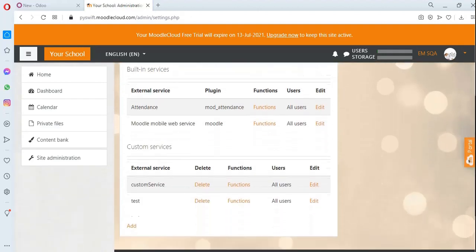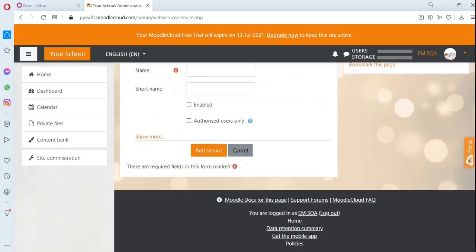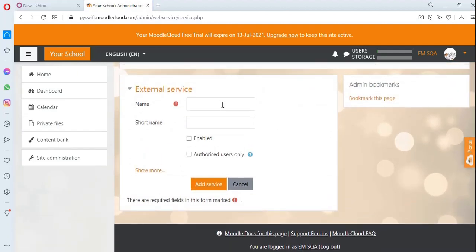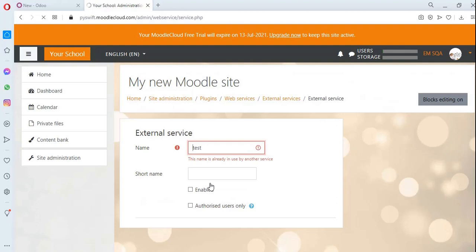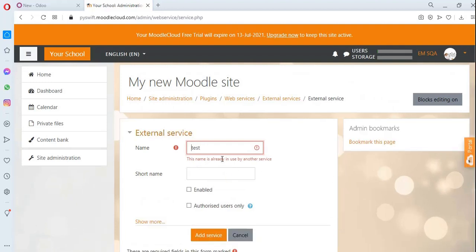and we have to add a custom service by clicking the add button. It will take a few seconds, and here we have to add the name of the custom service. You can add it according to the requirement. So I give the name of the external service as test, and you have to add some of the function parameters that we are using in Odoo. So click on the add service button, and the name is already